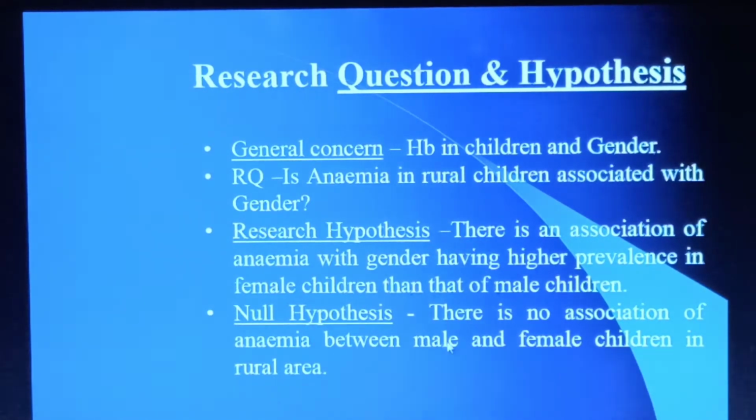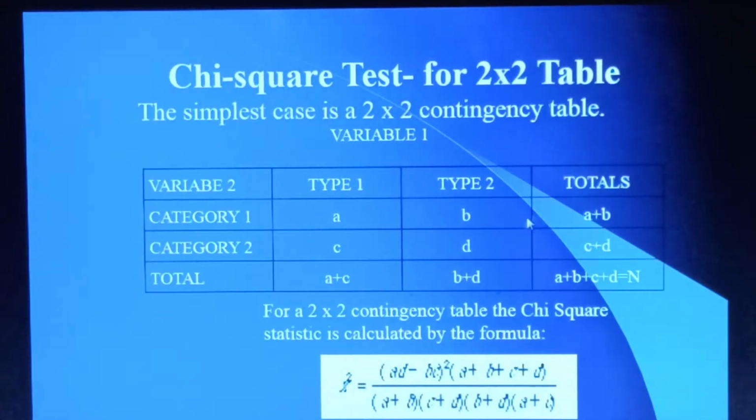In the null hypothesis, again we say that there is no association. So the same thing we can put in two different ways, whether prevalences are different or not, or whether an association is present or not. For this setting, for a 2 by 2 table, if we denote each cell by a letter A, B, C, D, this is a general format, the simplest case of a 2 by 2 table.